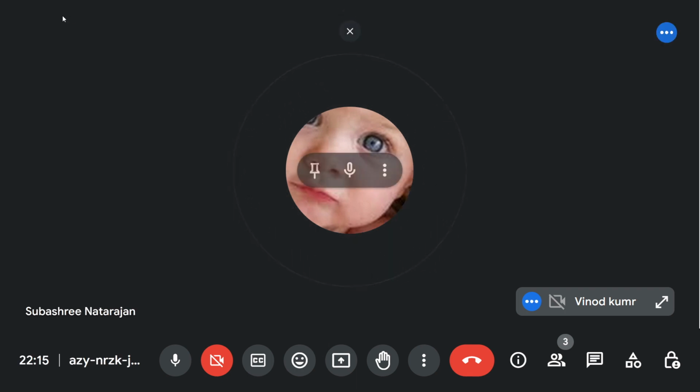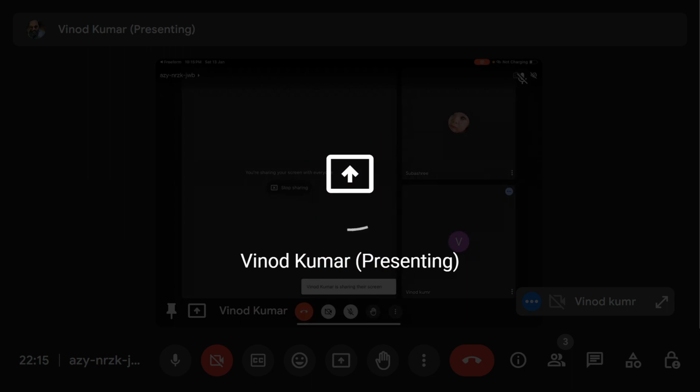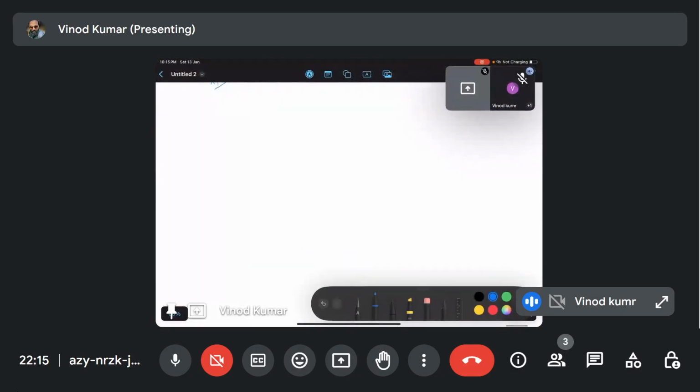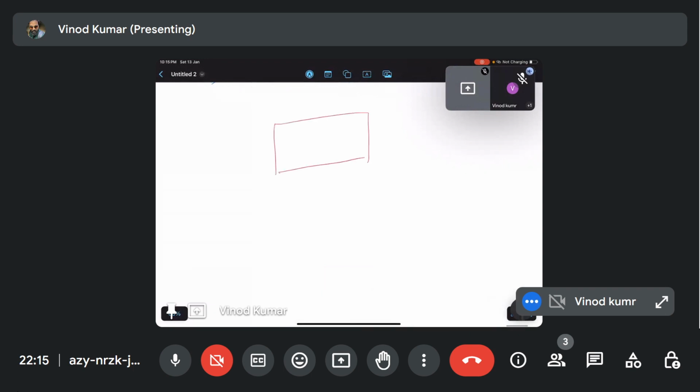Okay. So what I'm doing now is, the same diagram we can create here. We have created the VPC. This is my VPC, 10.81.0.0/16.